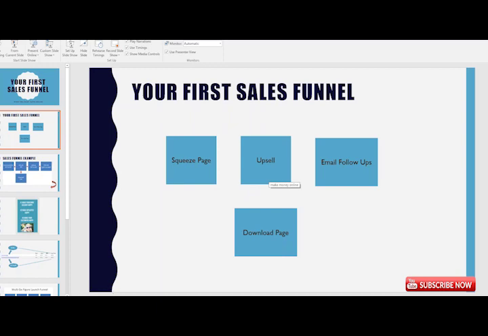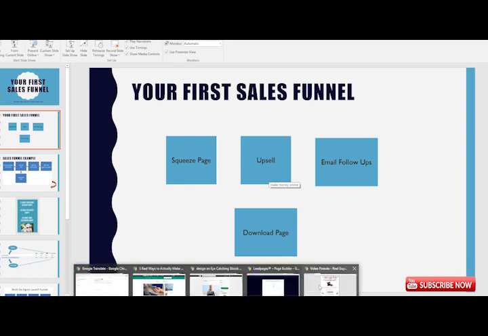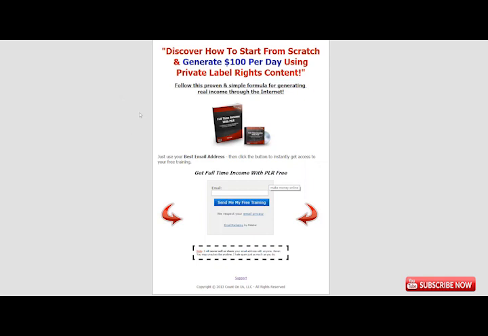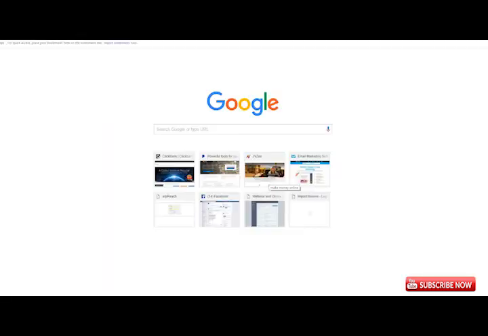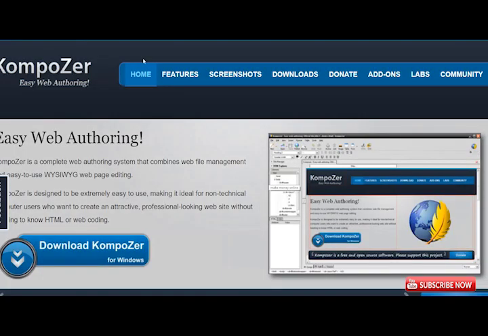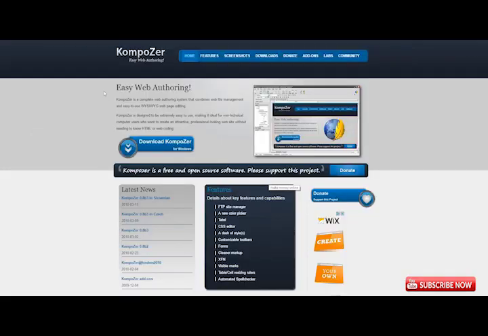So let's jump over here, let me go over to the squeeze page here. So this is the squeeze page that we're going to set up. I want to first tell you guys the first tool that we're going to need. And this is called Composer. And so you can get Composer at composer.net. And this is an HTML editor. So this is a software that's been around for a long time. You can see it's been around since 2010 of all things. But this is a software that I still use to this day because it's very simple to manage my HTML